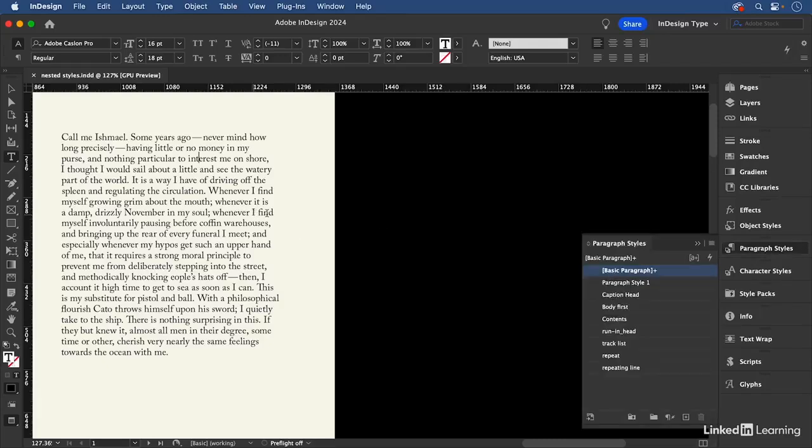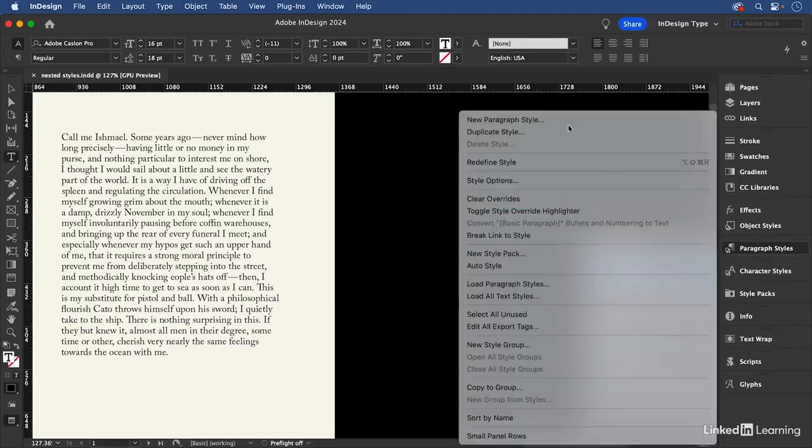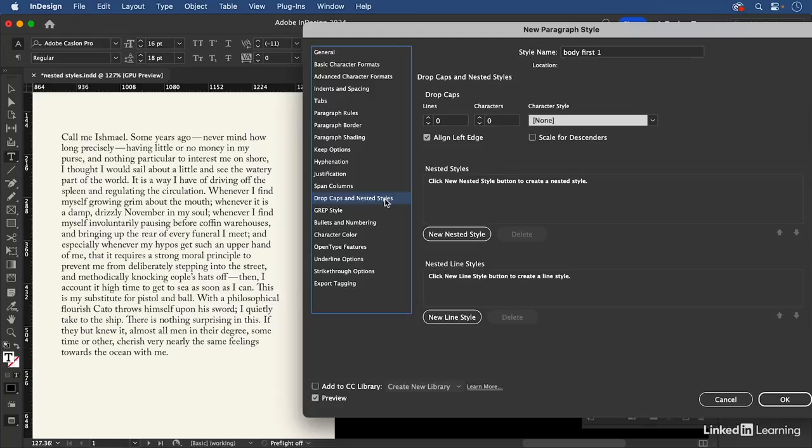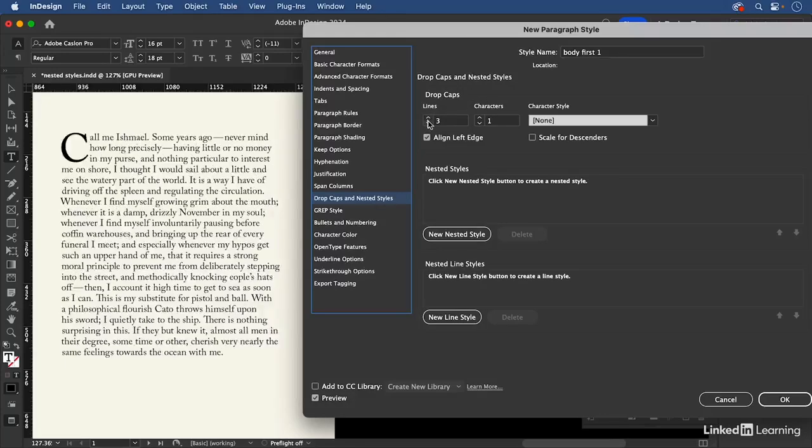Everything else is as I want it to be, so I'll come and choose New Paragraph Style. Let's give it a name, and then come to Drop Caps and Nested Styles. So this is a very special example of a nested style because we also get to include a drop cap here. So I'm going to drop the cap 3 lines, and then I can choose what character style is applied